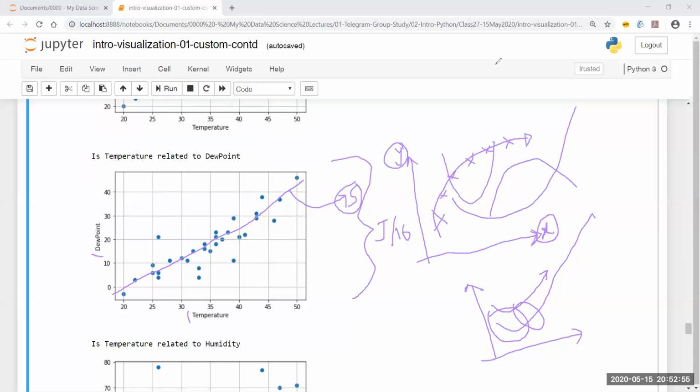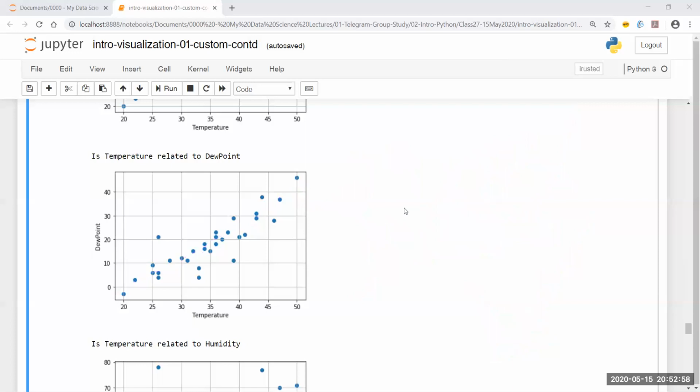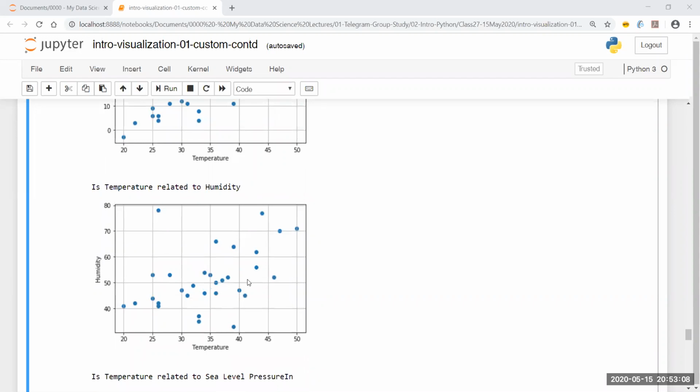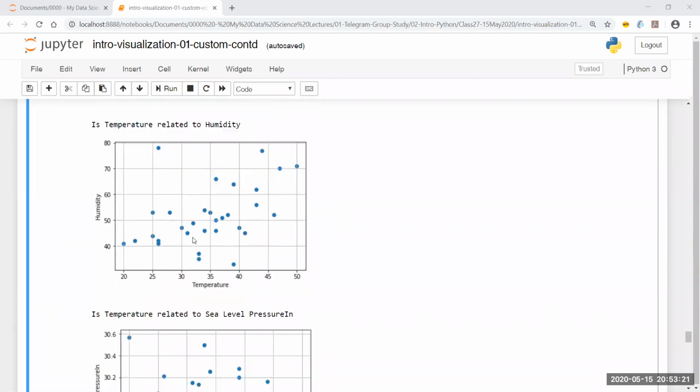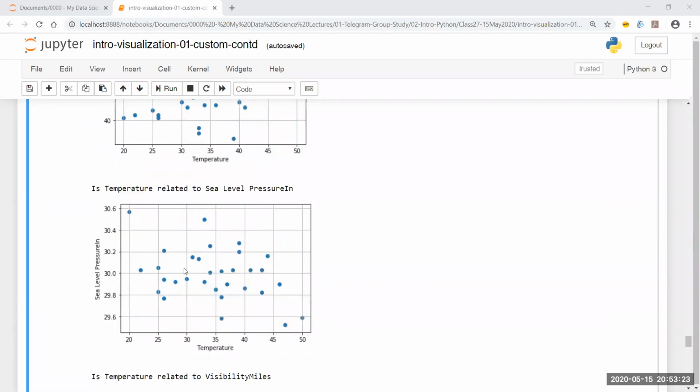So these are the kinds of tests that we are going to do when we look into statistics. As of now, we just need to look into the visualization and try to find out if there are any upfront relationships. For example, from here it is quite clear that if the temperature is high, the dew point value is also going to be high. We don't see any such thing in the case of humidity. There are even outliers here, as you can see. For this point over here, temperature is something like 26, but the humidity is very, very high, near 79. So it's not really related. Same is the case with this.